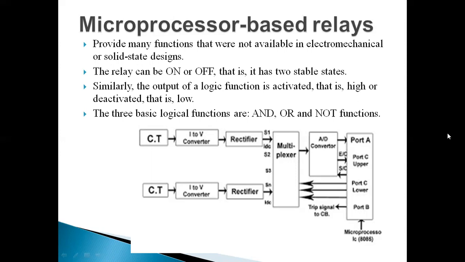So their differential relays are there. So these all are the microprocessor based relays. Here we will only see what is actually the microprocessor based relay, and in the upcoming chapters we'll see the different types of this microprocessor based relay. So this is only your introductory chapter. Whatever static relays are there, we'll see all relays in detail in the upcoming chapters.